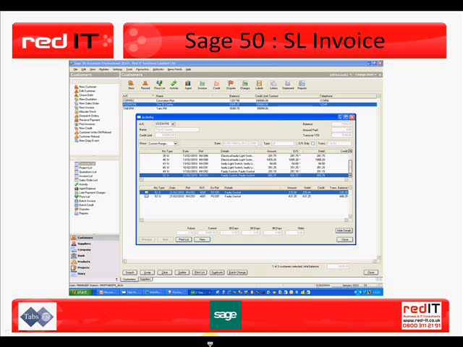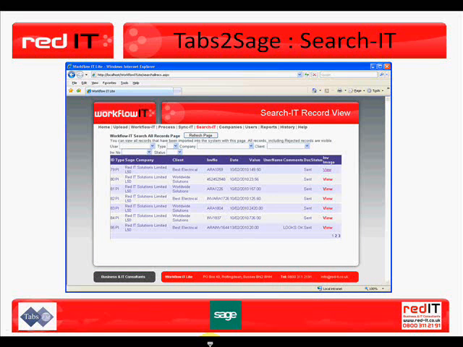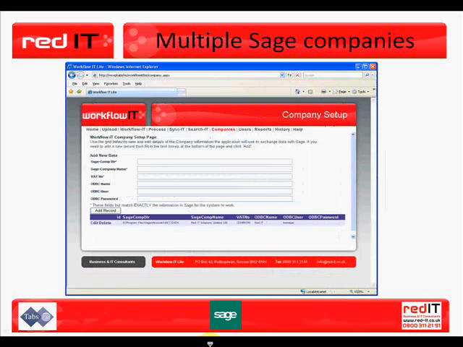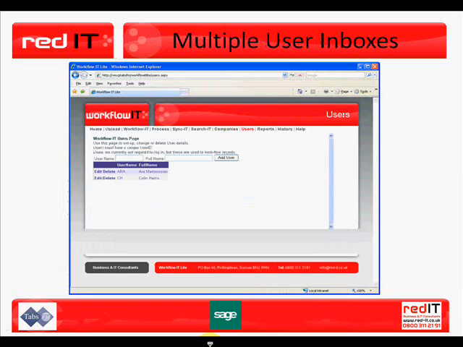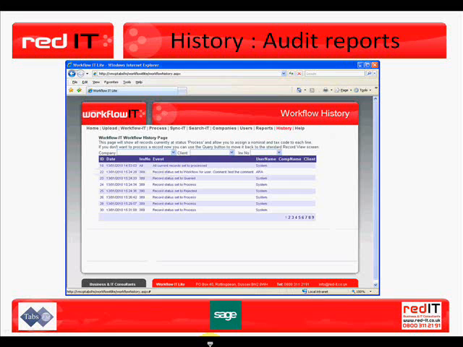The Search It tab allows you to find any transactions that have been imported, whether sent or not sent to Sage, so that you can see it at every stage of the business process. You can have multiple Sage companies into which the invoices get transferred. You can have multiple user inboxes to allow you to route those documents to anybody in your organization. And there's also a history tab which provides audit reports of all the transactions and the processing that has taken place. There's also a reports tab which gives you details of any other data